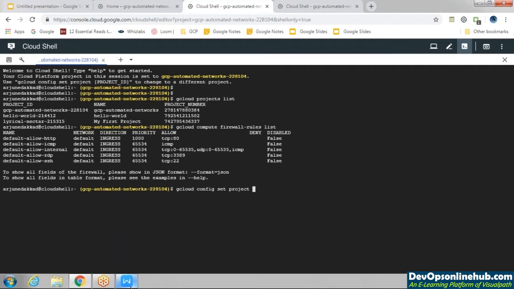What is the project ID? Hello world hyphen 216412. So our project has been updated. You can see it has changed from GCP Automated Network to Hello World 216412.